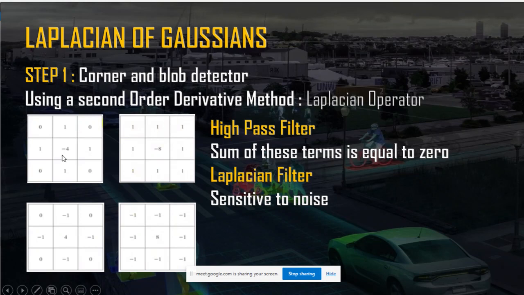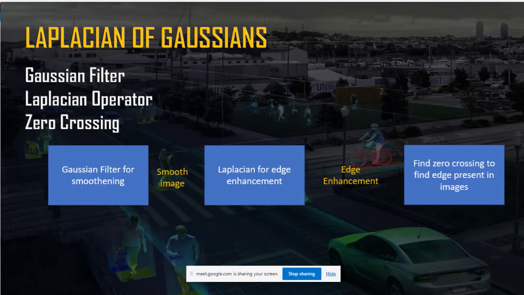So you can see here that the intensity of the middle pixel is significantly greater than the neighboring points. This is a property of the high pass filter, and the Laplacian filter that we will be using. Another property of it is that it is sensitive to noise. So how do we actually